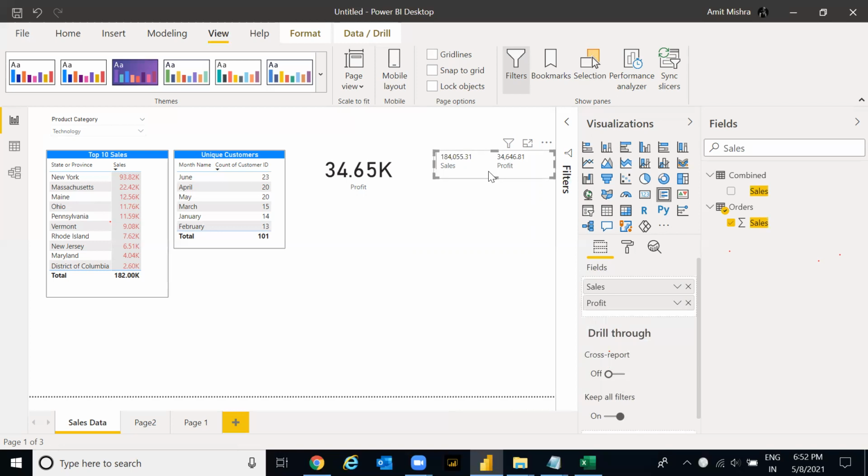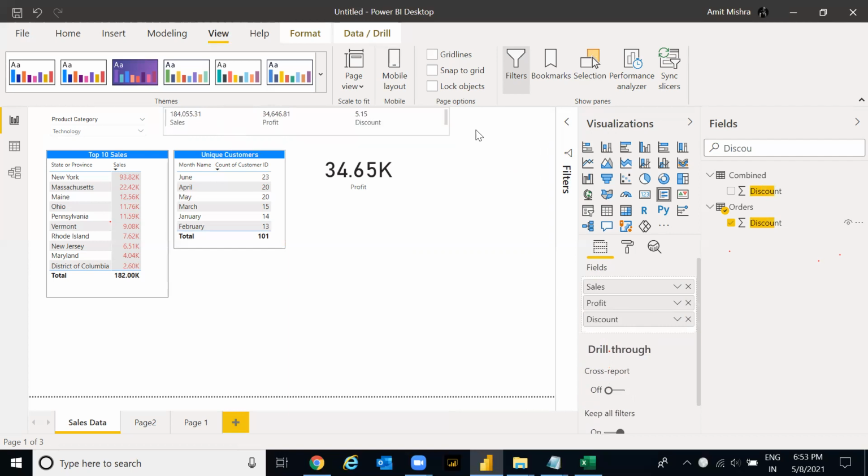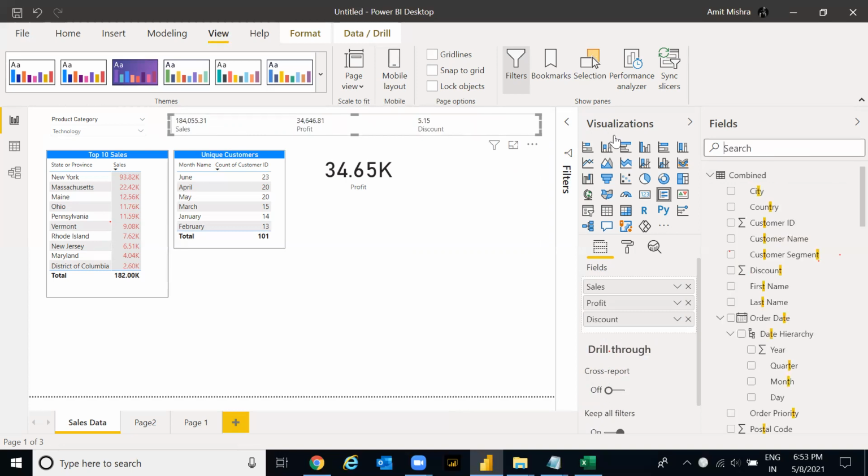Generally, where is this card view used? We use this at the top. So we will keep it like this: sales, profit. Let's say we have something called discount. So I can use the discount also: sales, profit, discount. So anything which is worth informing, we can keep that information at the top and we can highlight it. We can use the year information if we have,